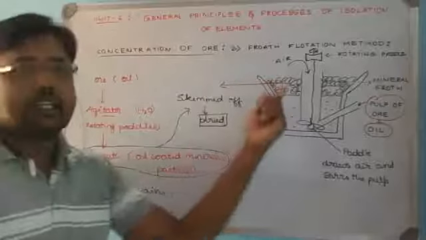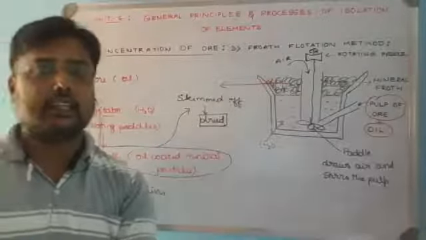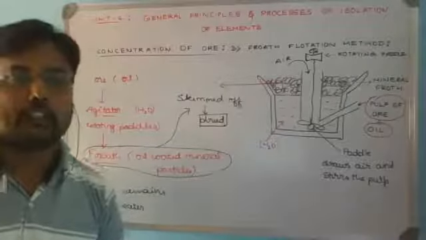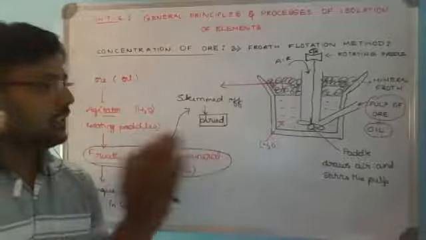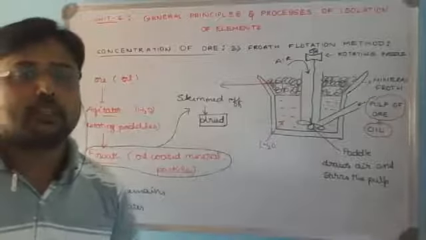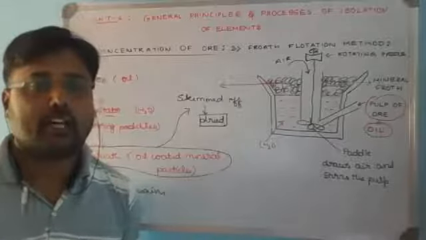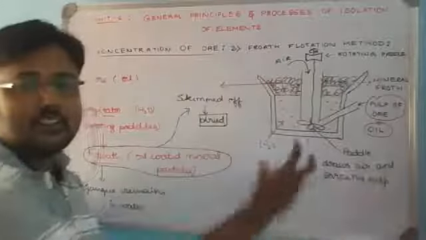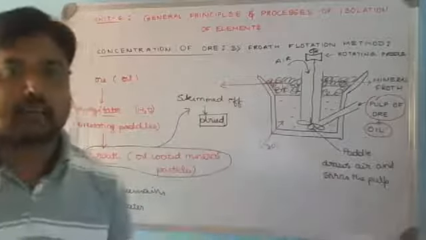Now to give stability to the froth formed, froth stabilizers like cresols or aniline will be added into it. Thereby, concentration of sulfide ore can be achieved. So this is in simple terms. With the help of a diagram, try to give simple information to explain the method. But try to remember, give importance to collectors and froth stabilizers in the explanation. Then this complete explanation you can write in simple sentences, supporting it with a diagram.